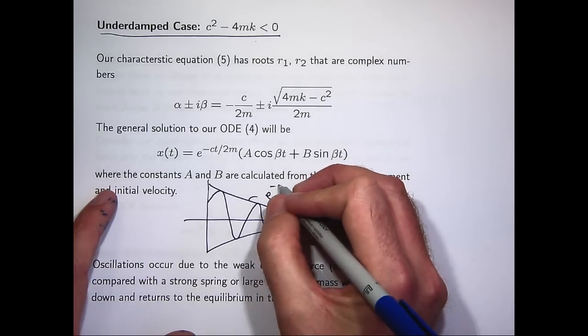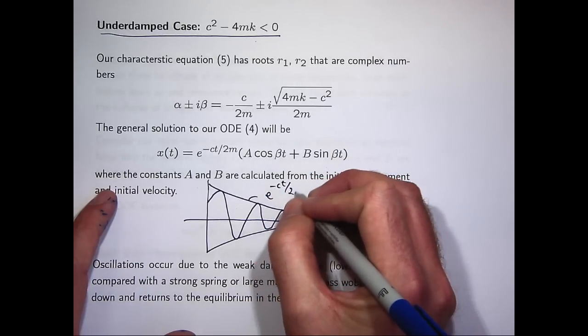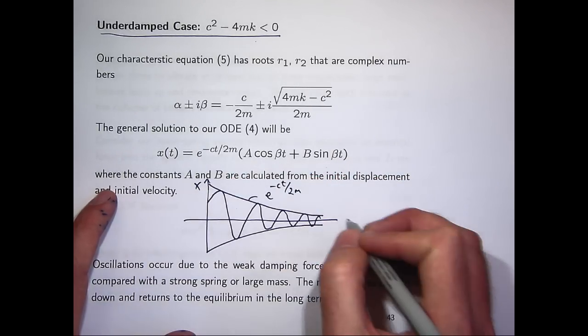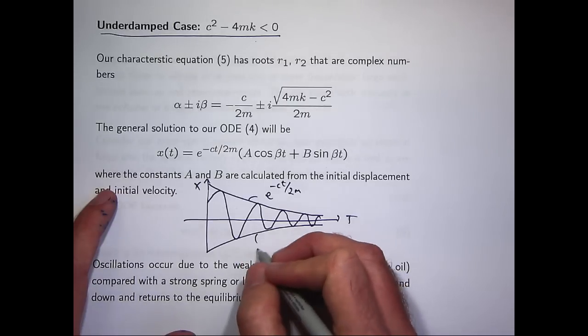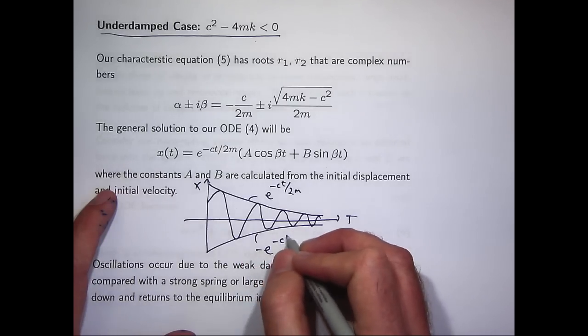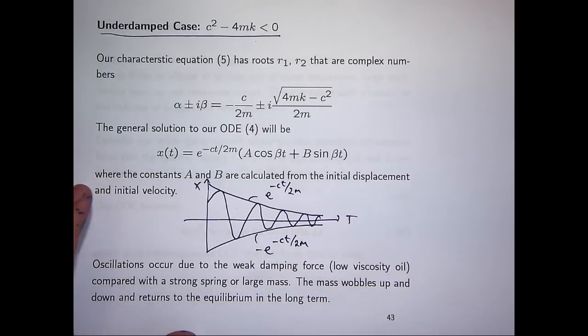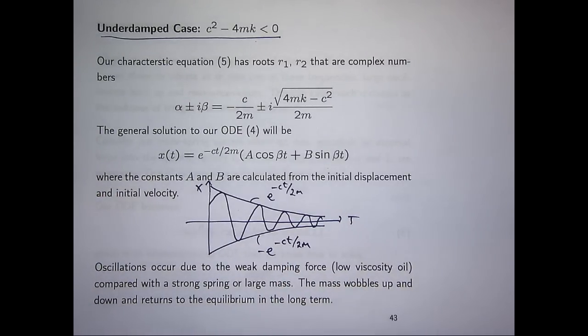Okay, so you can sort of sketch in these bounding functions. And you can see that, yes, you will get oscillations in this particular case, and the mass will settle down